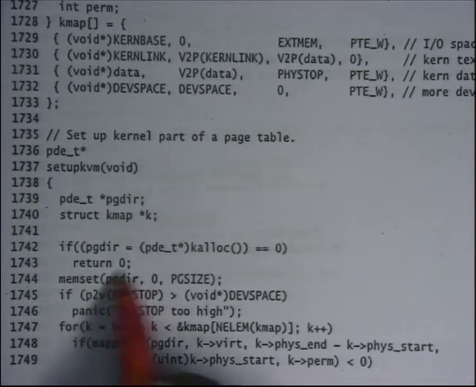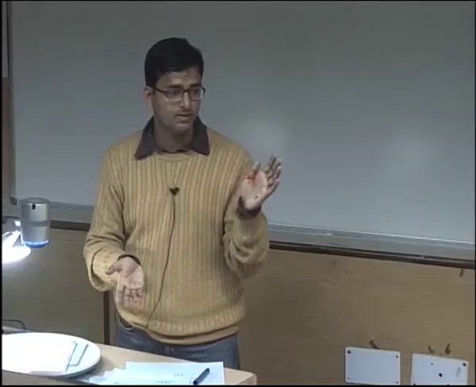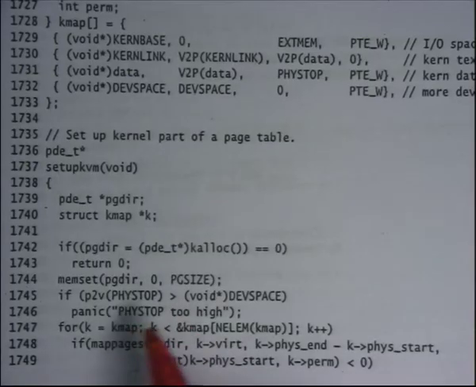So memset pgdir 0 PGSIZE means zero out the entire page. What does it mean to zero out the entire page directory? Basically means no mapping exists, right? Because recall that for a mapping to exist, the present bit in an entry should be set, right? So if you zero out the entire thing, none of the present bits are set, and so there are no mappings in this page directory initially.